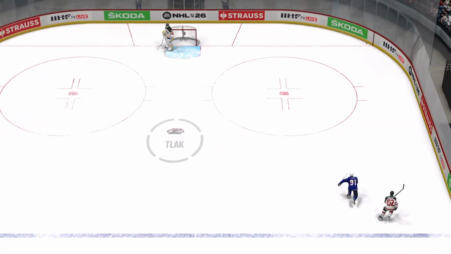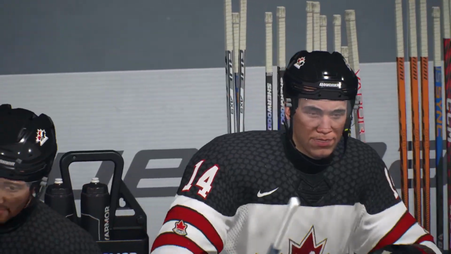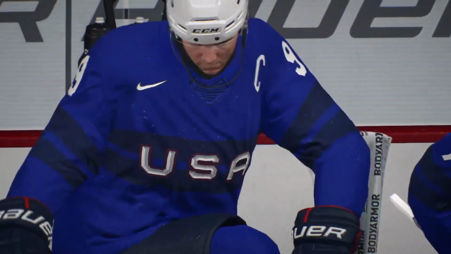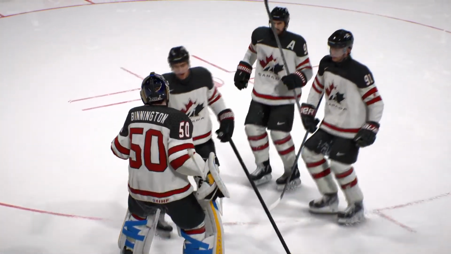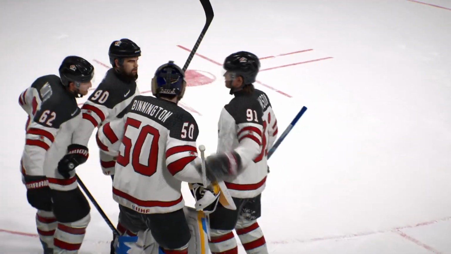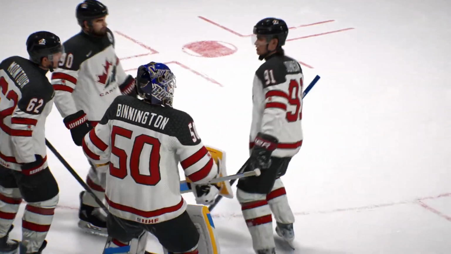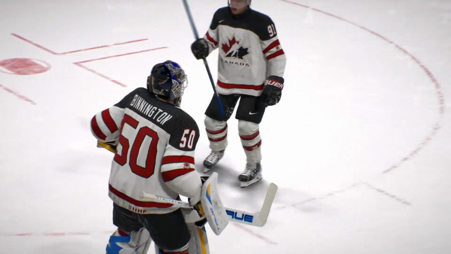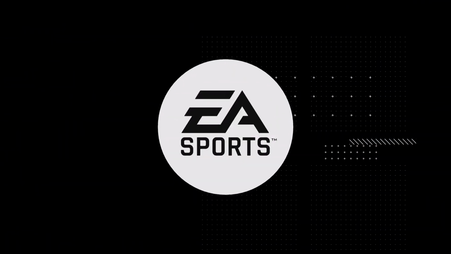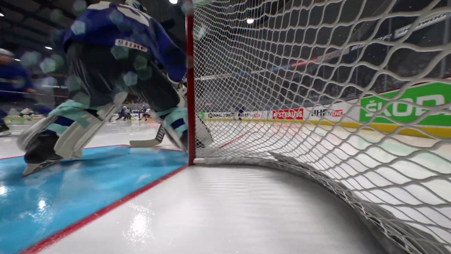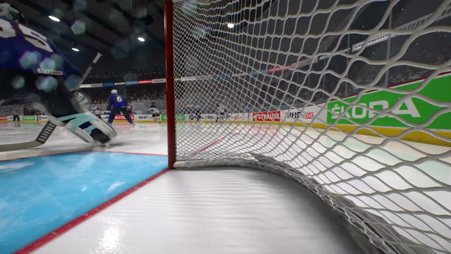It is all over. What an energy in the building tonight here, Cheryl. I mean, this thing had a little bit of everything, and I didn't want it to end. Well, in particular in the first period with a number of goals, high-flying offense, but then everyone kind of settled in throughout the game and got back to playing some defensive hockey. Well, that brings a fun night of hockey to the end for